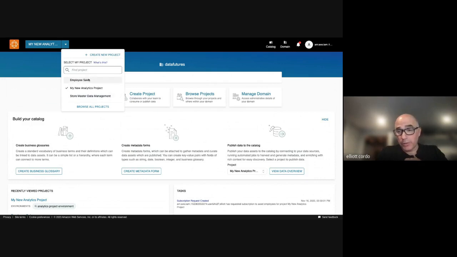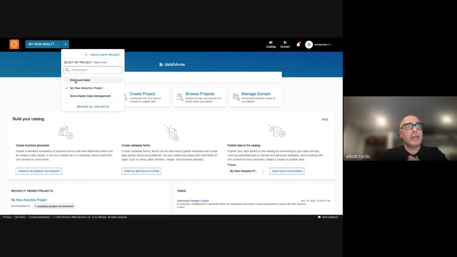Employee sales is on top of a data lake, right? It has a few tables in Parquet. It's registered in the Glue data catalog. It was done in Lake Formation, external to DataZone, right? The store master data actually exists in a serverless Redshift cluster, again defined outside of DataZone, but I've been able to come in here and publish my data.